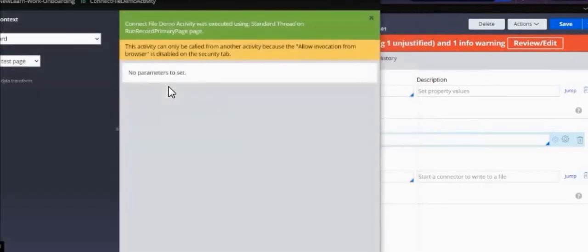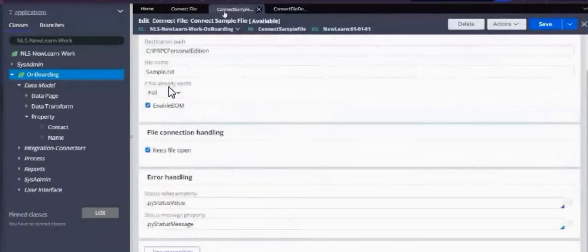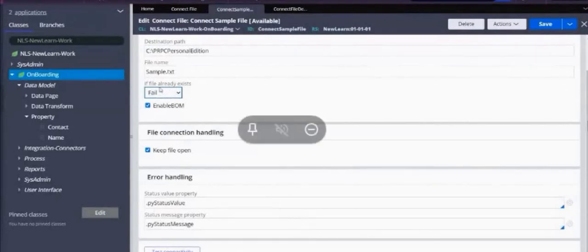This file is already opened, and for that reason it is throwing an error, because I have seen some other options which are not available in the video. That's why you see that error.